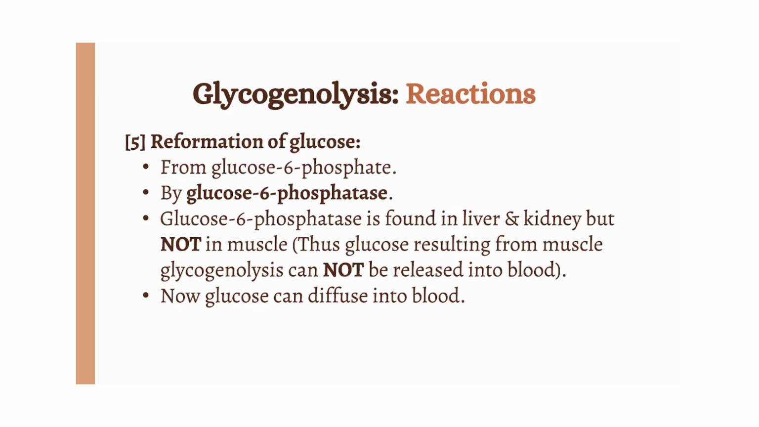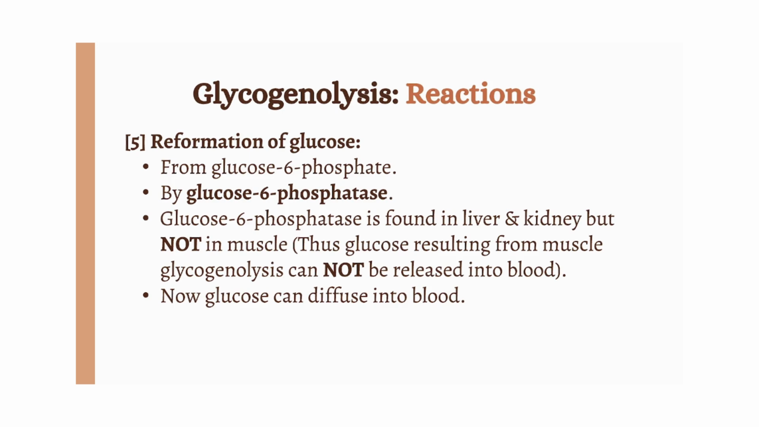Please note that glucose 6-phosphatase is found in the liver and kidney, which are the sites for gluconeogenesis, but it is not present in muscle. So muscle cannot release glucose into the blood. Even if glycogenolysis took place in muscle, all the released glucose will be trapped within the muscle cells. It will not be released into the blood. Why? Because muscle doesn't have the last 5th enzyme, the phosphatase,